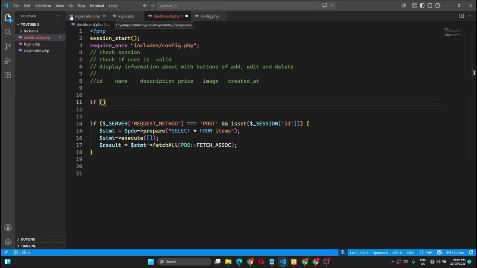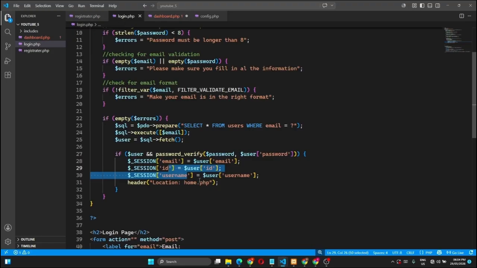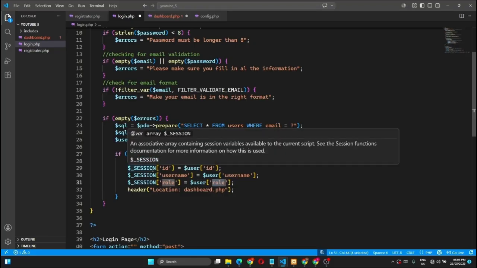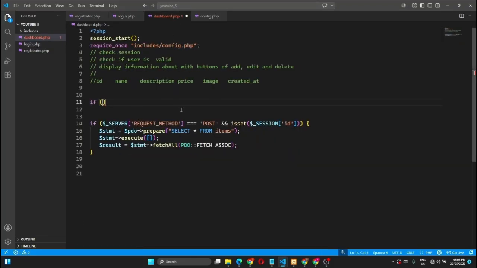I'm going to come back over to login, and I'm going to change this to dashboard, and I'm going to add a session. I'm going to add a session row, user row. This is the thing I added in the previous part. So here, the row is being stored as session, and the server is going to keep it in mind. So I'm going to come over here, then declare here row equals session row. I'm going to come here, if row equals